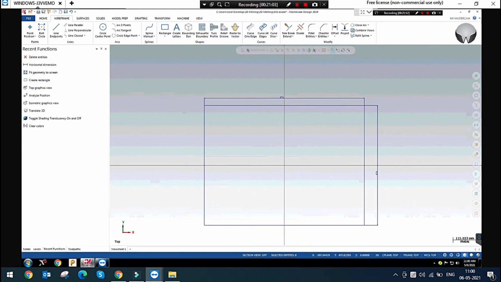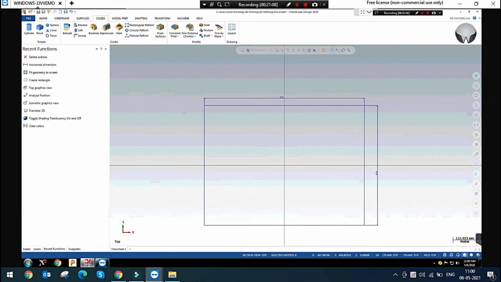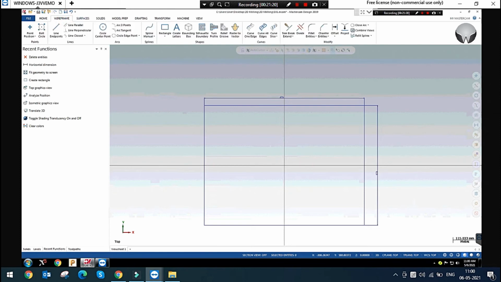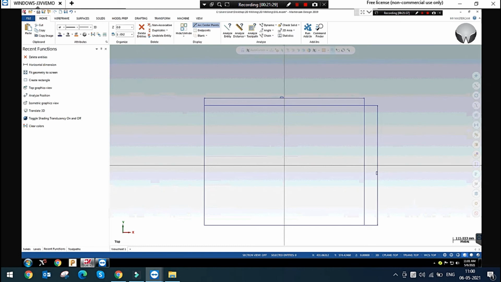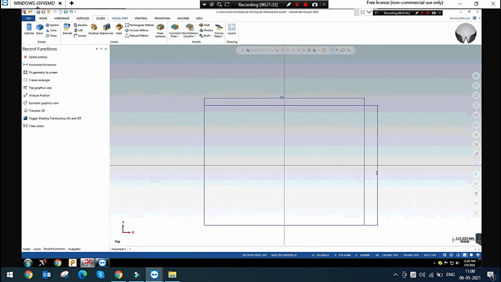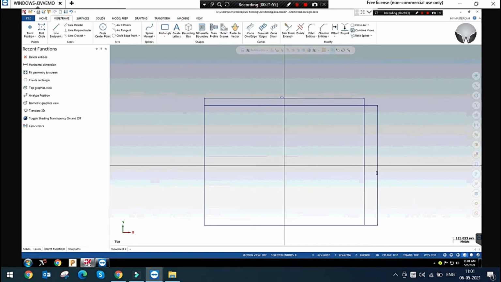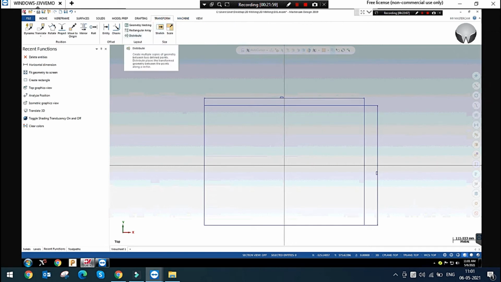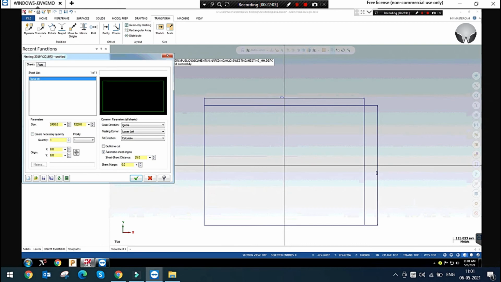Yes, so here there is a nesting option. Here I am giving the sheet size.